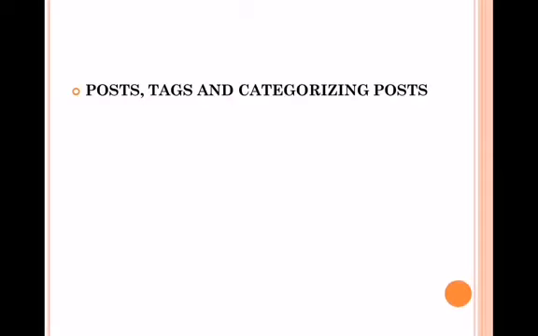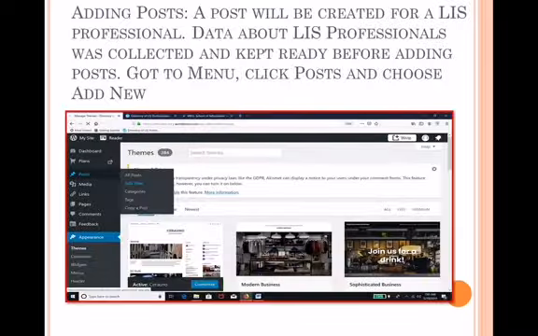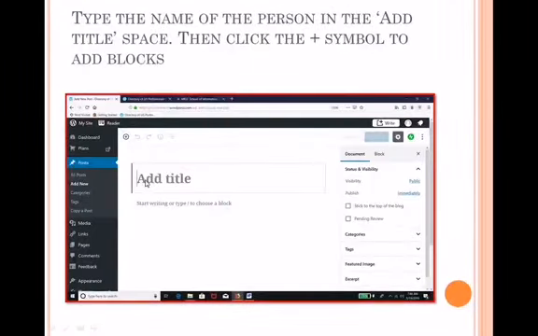Fine. Now categories are over. We know category and subcategory, how to create both. Now let us see how to create a post, how to write a post, how to assign keywords for the post, and how to place these posts in different categories. The next part of this presentation. To add a post, once again go to dashboard, left side menu, there is something called post, click add new, and you will get this screen.